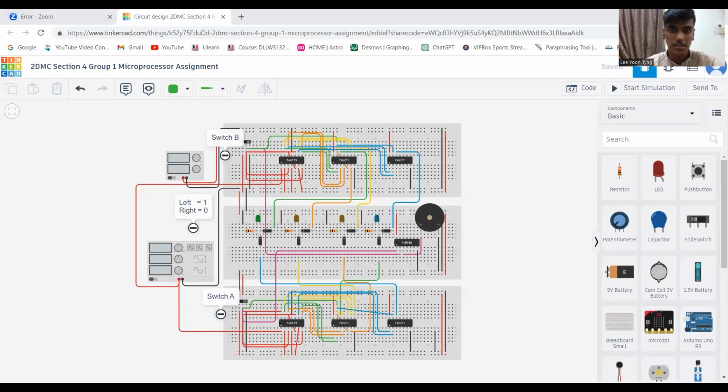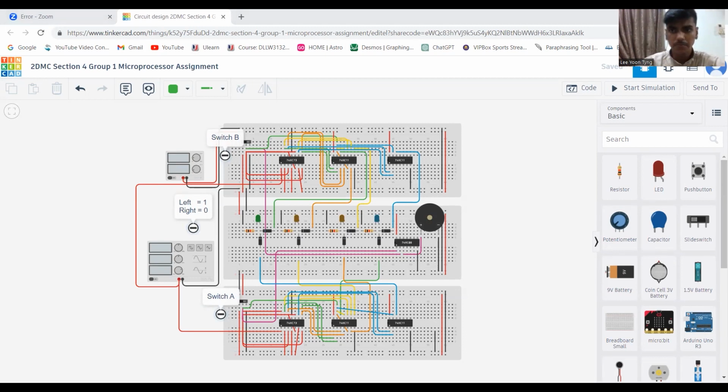We do this by employing JK flip-flops and also 3-input AND gates. As you can see here, the output of the first JK flip-flop, labeled QX, is connected to the clock of the second JK flip-flop. By doing this, we form a negative edge-triggered 2-bit asynchronous counter. This counter has the characteristic of a repetitive sequence. This repetitive sequence enables us to run the light from right to left or left to right when the